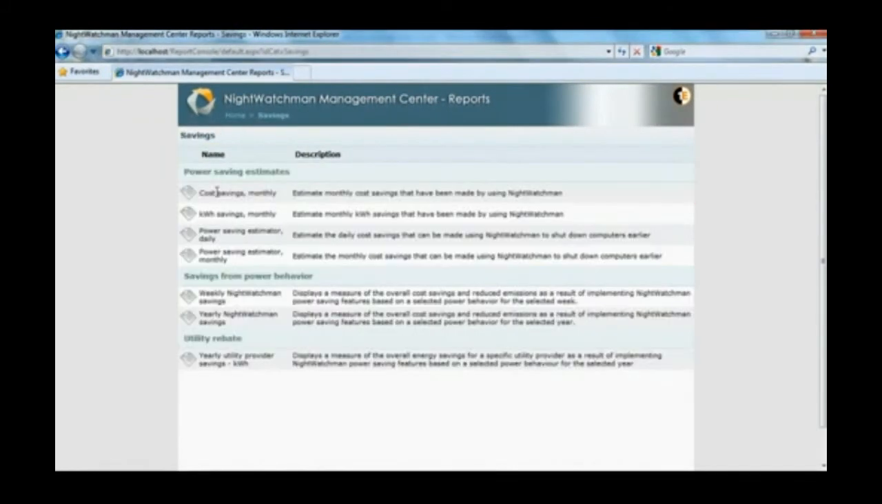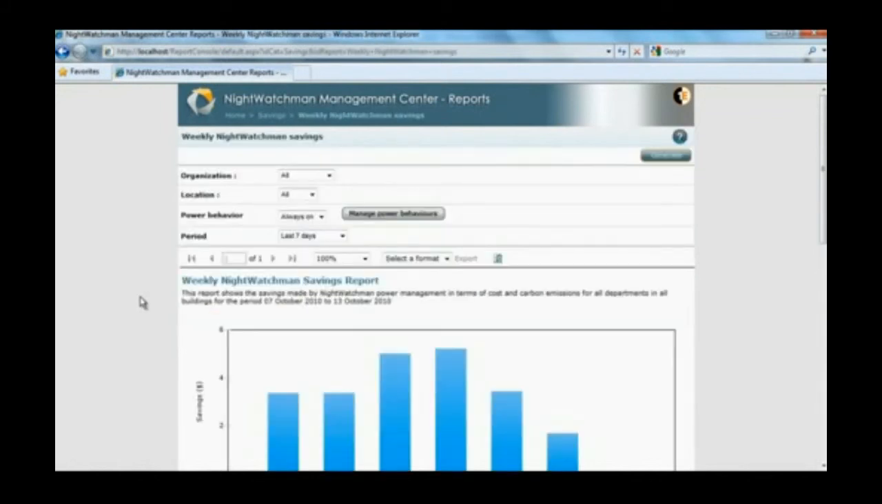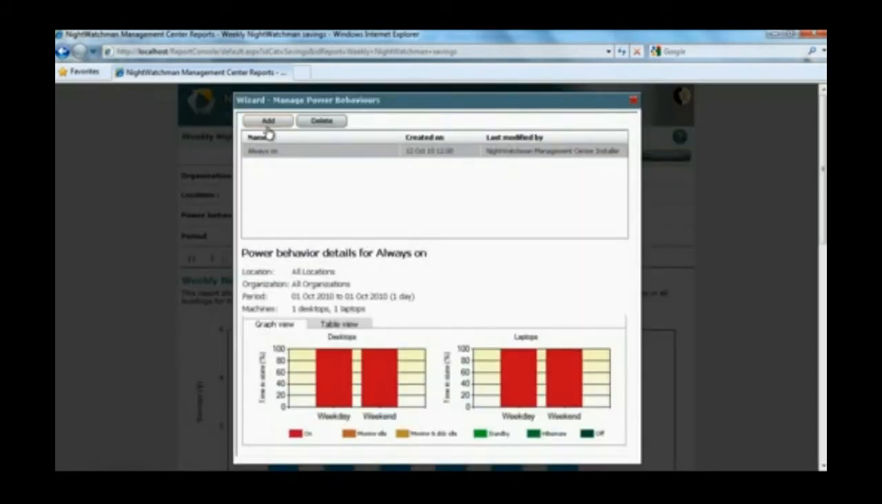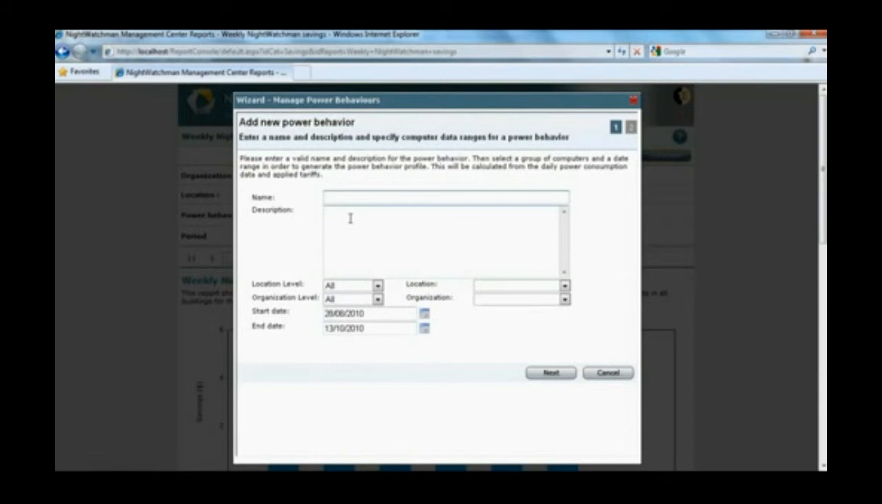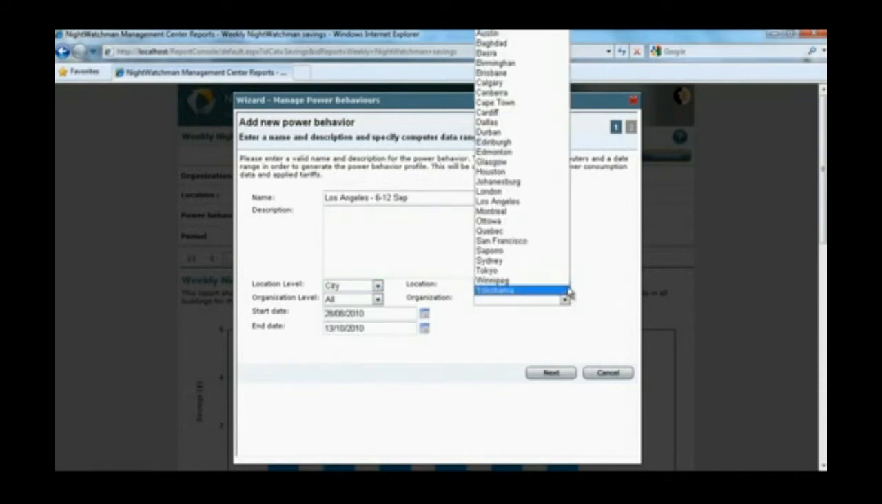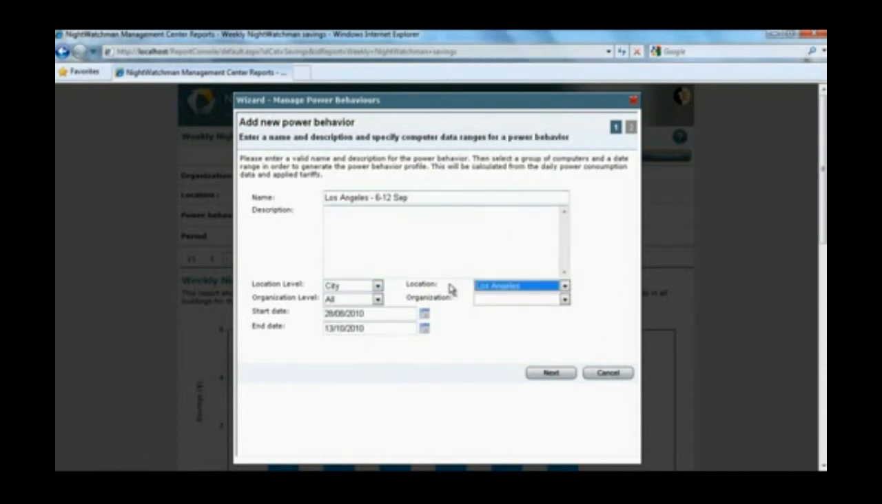Our new savings reports also now use a power behavior mechanism, allowing you to easily compare the energy usage of PCs between groups and over time, making it easy to show exactly how much is being saved and where. Simply give the behavior a name. Specify the group of PCs whose behavior you want to capture,